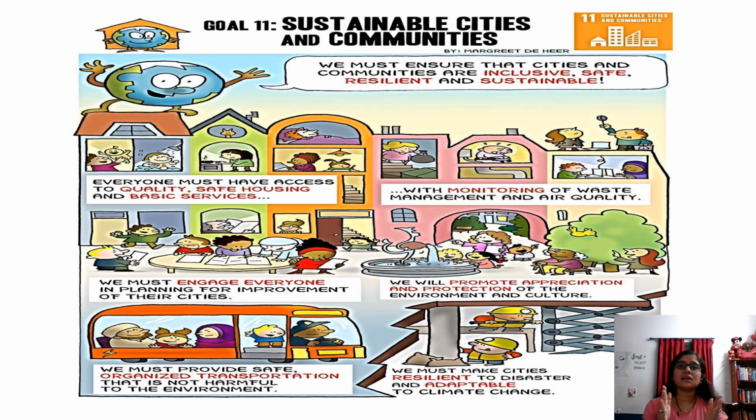Okay, so the sustainable cities and communities means we should be getting everything fresh. Okay, and everybody should be getting that. It's not like only rich people get that, poor people are not supposed to get it. It's not like that. Everybody is equal. So if you see, all the goals are related to one another. If you go deeper and see, you can find that each one of the goals is dependent upon the other. So this goal is about the communities and cities, how to improve the cities, how we live, how to improve the villages. Okay, communities means it can also talk about the villages.